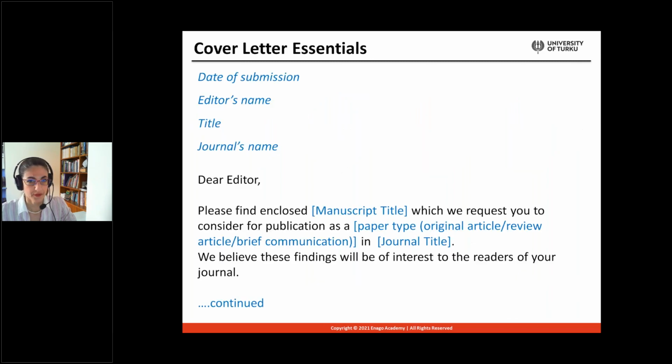A few words for the cover letter, as this is an important document that you will be submitting. The usual format looks something like this. You have the date of submission, editor's name, title, journal's name, and then you start your letter, dear editor, and you start by including the manuscript title, the type of paper. You indicate that you want to submit it in the journal, and then you say a few words why you